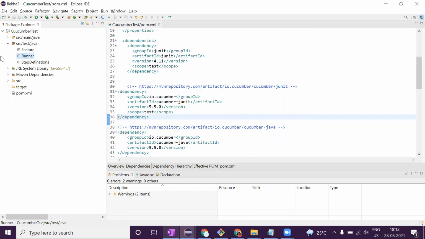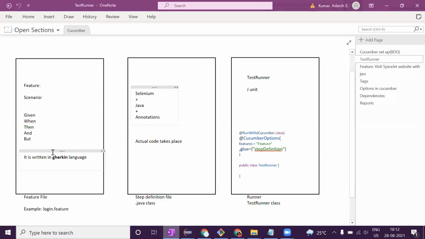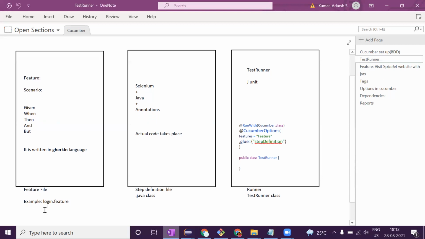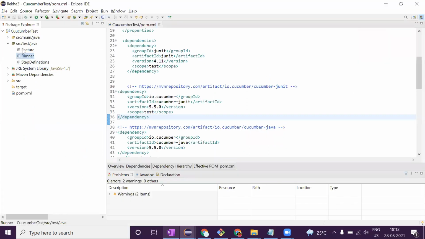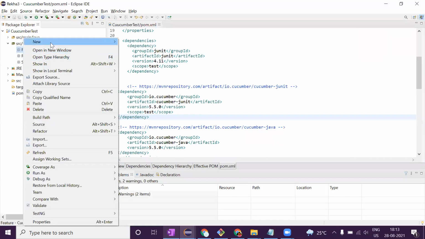Okay, done. Now in feature, as I said, like 3 layers, for 3 of them I have created one package. In that I'll have to create that, right? So always your feature file comes with the extension dot feature, like how we used to do config file dot config, all dot configuration, those things, config dot properties. Here in the same way, if you want to create one page as login, it comes with the extension feature. Okay, I'll go ahead and create one feature file.